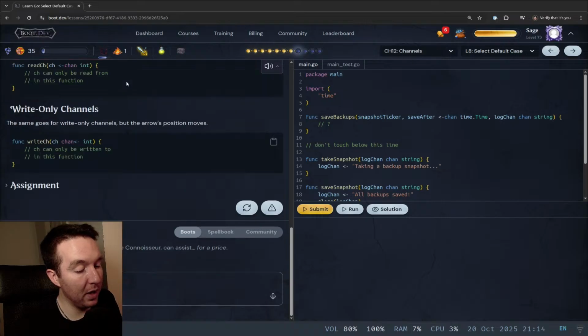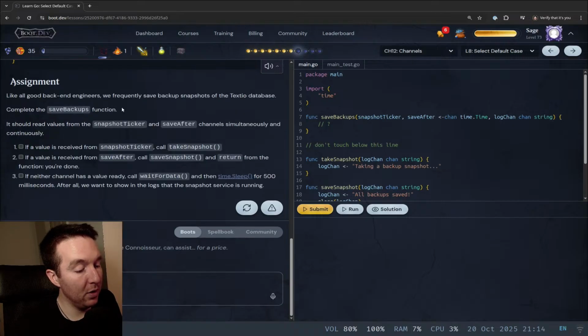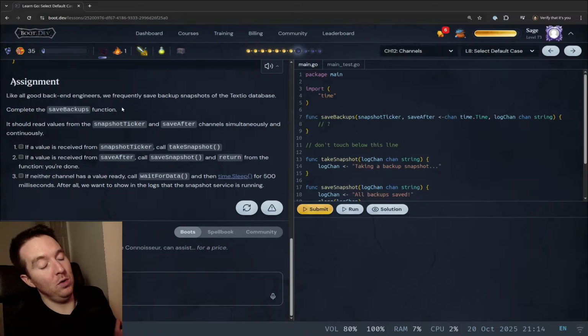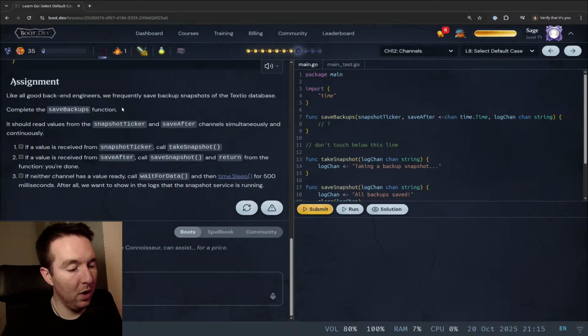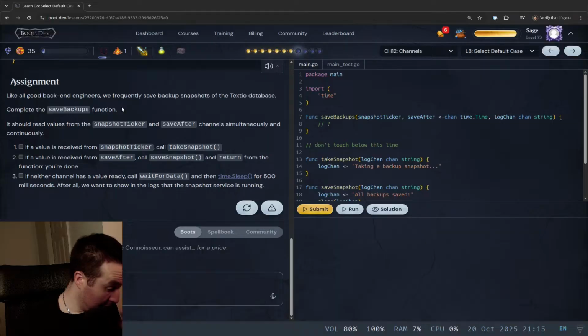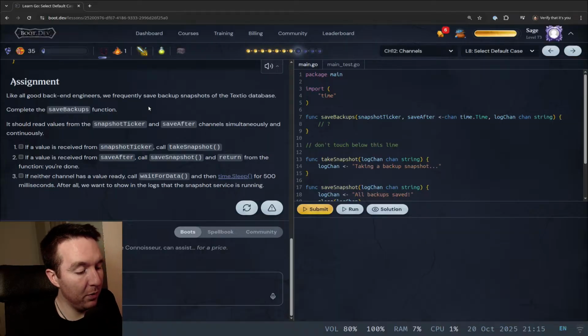Assignment. Like all good backend engineers, we frequently save backup snapshots of the Textio database. Complete the saveBackups function. It should read values from the snapshotTicker and saveAfter channels simultaneously and continuously. If a value is received from snapshotTicker, call takeSnapshot. If a value is received from saveAfter, call saveSnapshot and return from the function. If neither channel has a ready value,